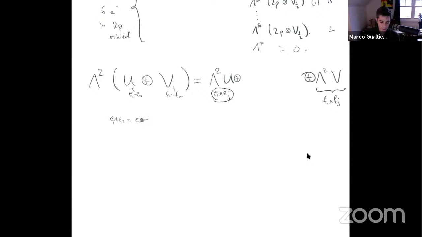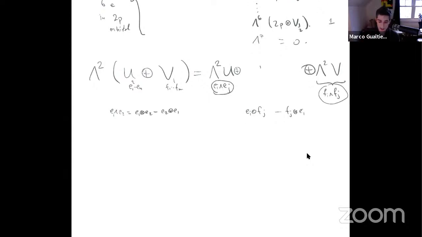And this wedge product just means E1 tensor E2 minus E2 tensor E1. Some people include a factor like divided by 2, but there's no need for that for the purposes of this talk. Okay, and then there's the ones that you could do like this, Ei Fj minus Fj Ei, the ones that take one state from U and one state from V and then skew symmetrize them. Okay, so that's the third possibility, and that is isomorphic to U tensor V.